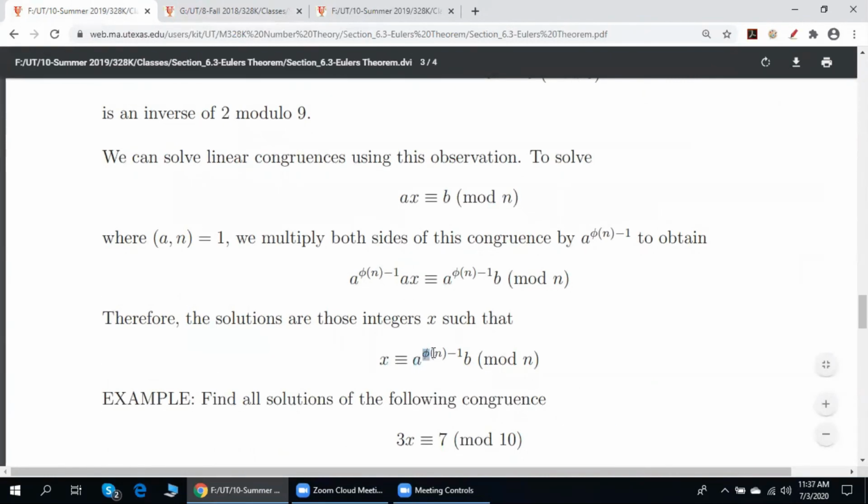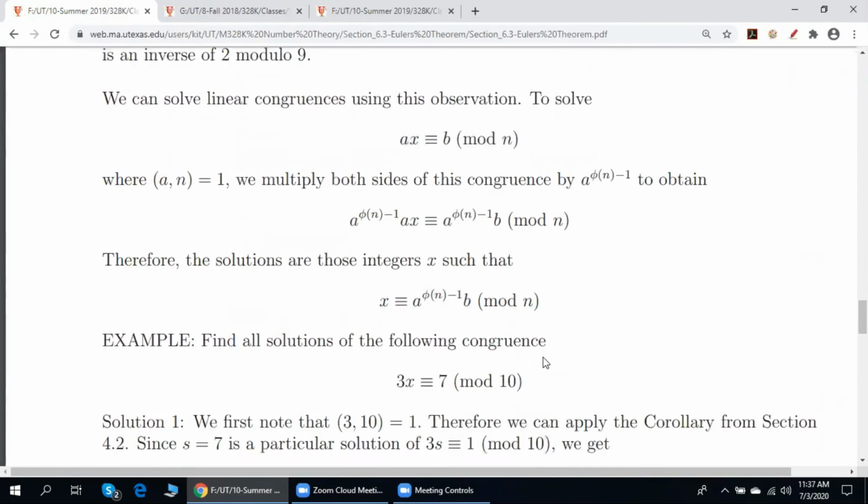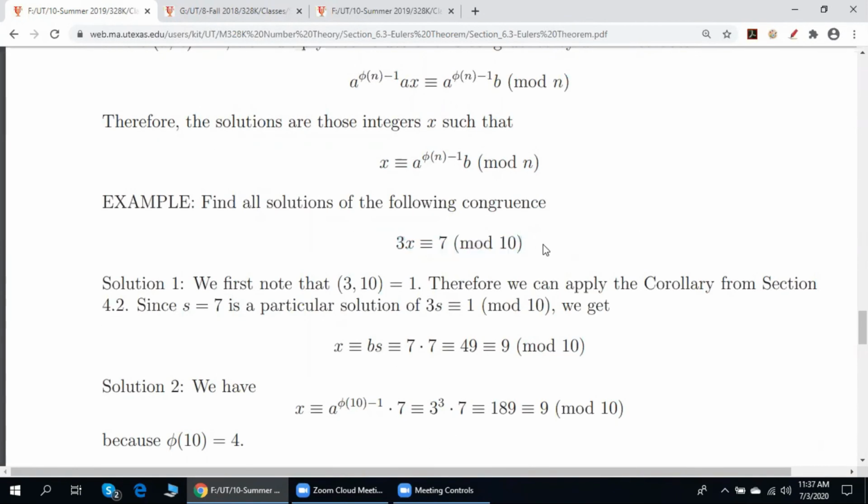A to phi of n minus 1 times b modulo n. For example, one way to solve this is to multiply 7, which is over here, by 3 to this power. Remember, a is equal to 3. And then after all computations, we get the following result. X is congruent to 9 modulo